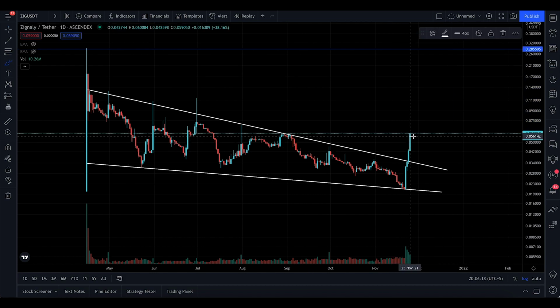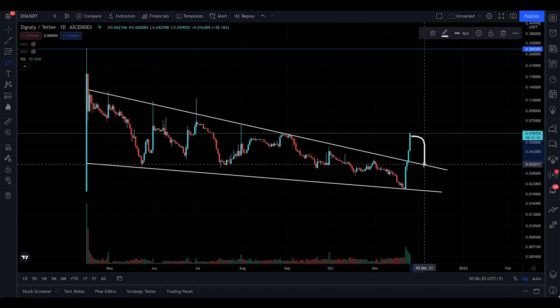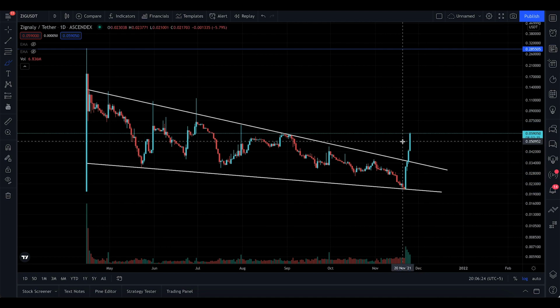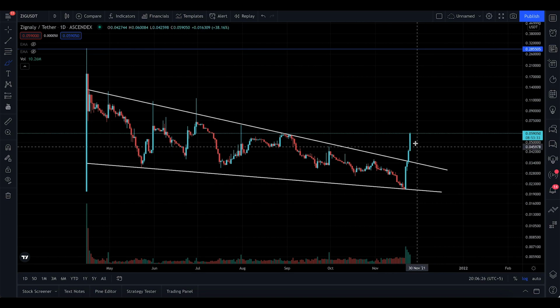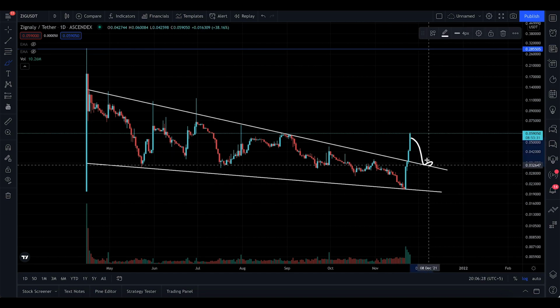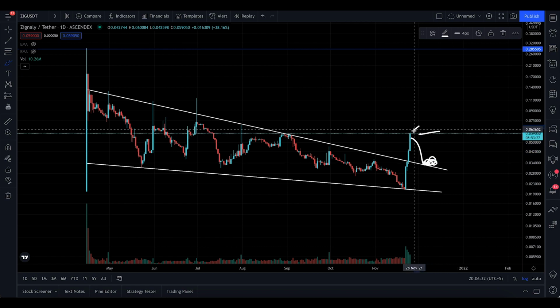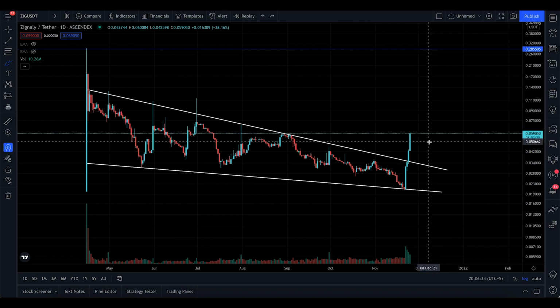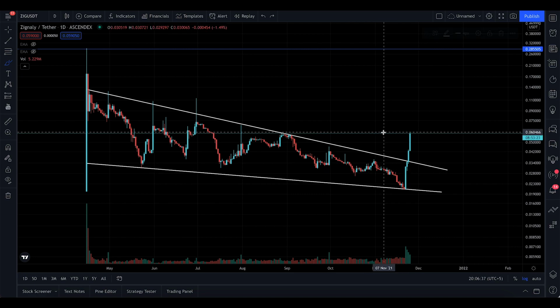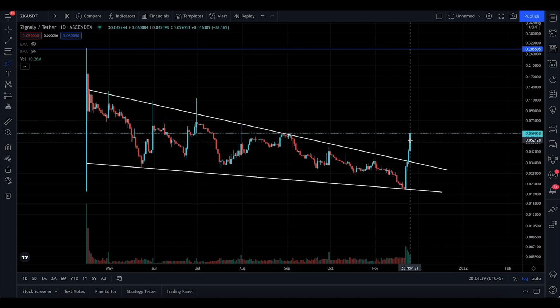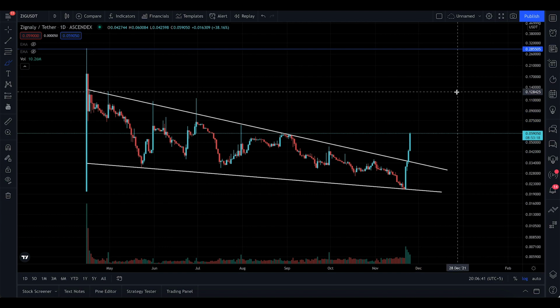There is a small chance, if you're looking for an entry, that it could come a little bit more down in here, but that's unclear. If it ends in three white soldiers, it's going to continue towards the upside, and it doesn't make sense that it goes down for a retest. So I would wait for a retest, maybe buy a little bit right here, who knows, because we are finally starting the bull market. Okay, Bitcoin is looking bullish, and this might be so bullish it never goes down and continues towards the upside.